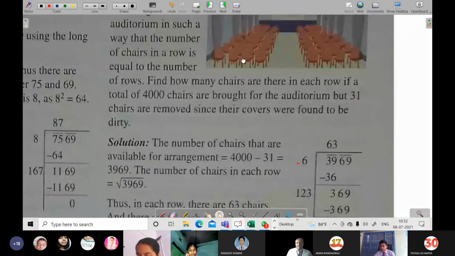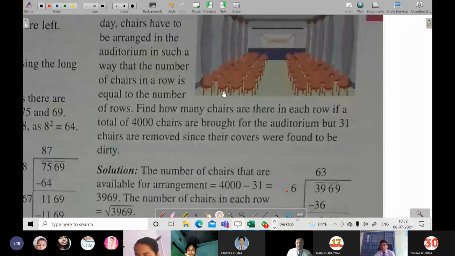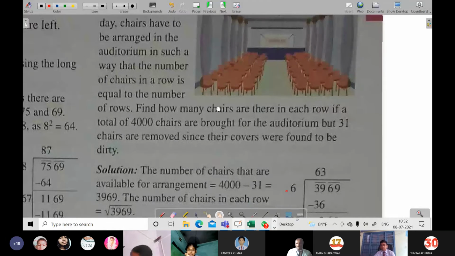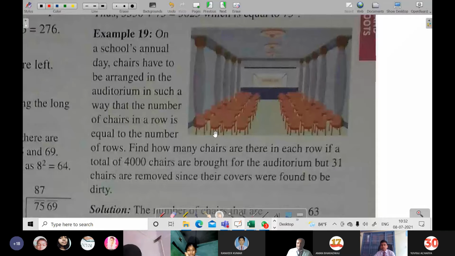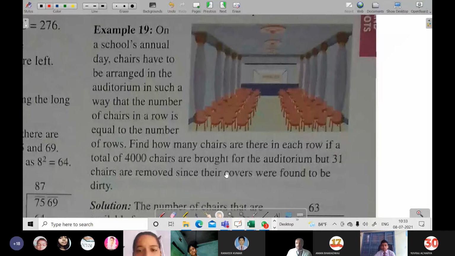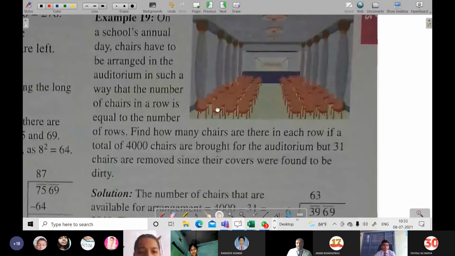So now if you will see number 19, of course these questions are okay. Even your class is being recorded. That also I'll be uploading. Earlier also I had explained this example. Those who do not understand can of course refer to both the videos. Example number 19 you can see. Here it is a long question, but the solution is smaller if you will watch. And of course when you understand, then you can do that.